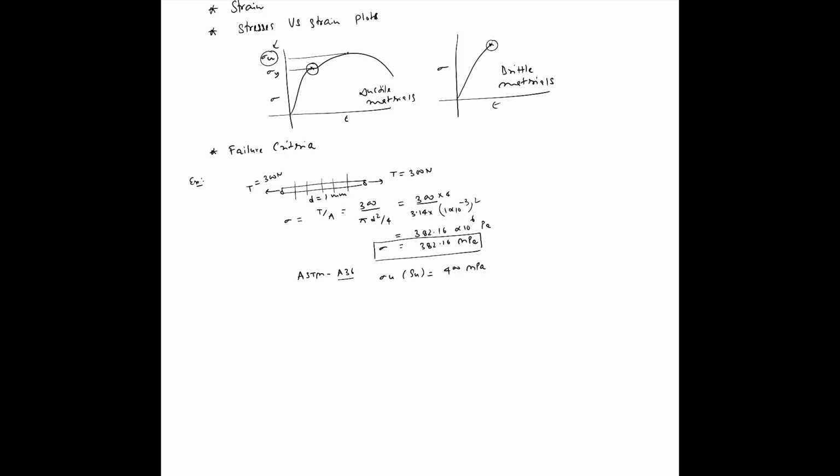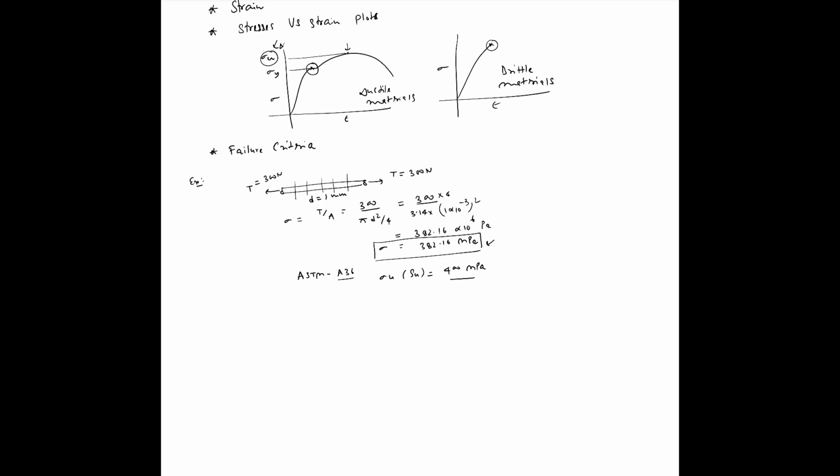So if your failure criteria was based on the ultimate tensile strength, so in a sense you're saying that I don't want this wire to break. It could yield to some extent, but I don't want it to fail. I don't want it to get fractured, which means that if you are going to guard against a fracture, you have to look at the sigma U as your sort of the limit. Okay, so if you compare this with this number over here,